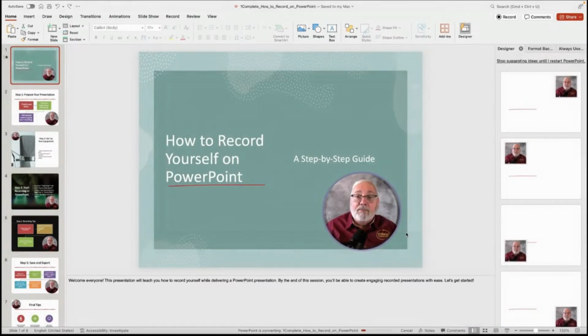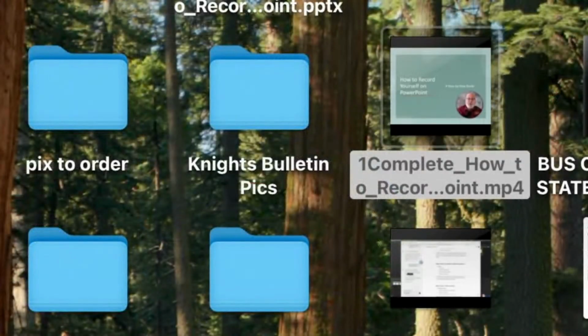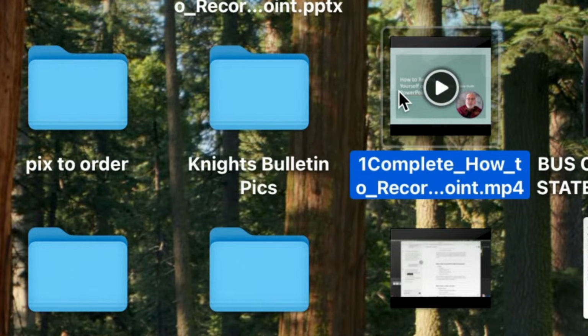So it's doing its magic. Yep, it just now finished the file. So it takes a little time to process. Now, I'm working on a Mac with an M4 chip. It's probably the most powerful chip there is right now. So it's really fast. I can tell you that if you're using some other computer, especially if it's an older computer, be aware that processing time is going to be lengthy. So let's take a look and see what we came up with.